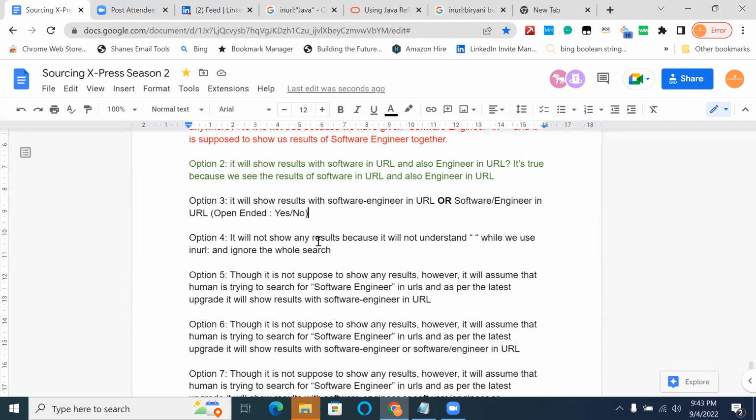Option 4, it will not show any results because it will not understand double quotes while we use in URL and ignore the whole search. It's false. False, yeah. Someone who tried, who said no for this, then this could be true now for you. If this is no, then by default, this will be true.